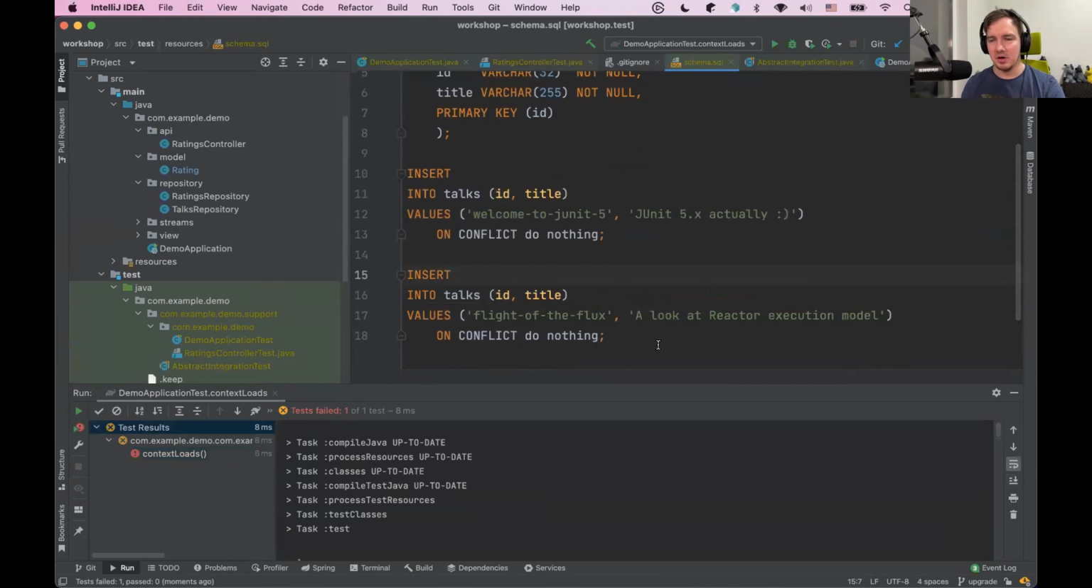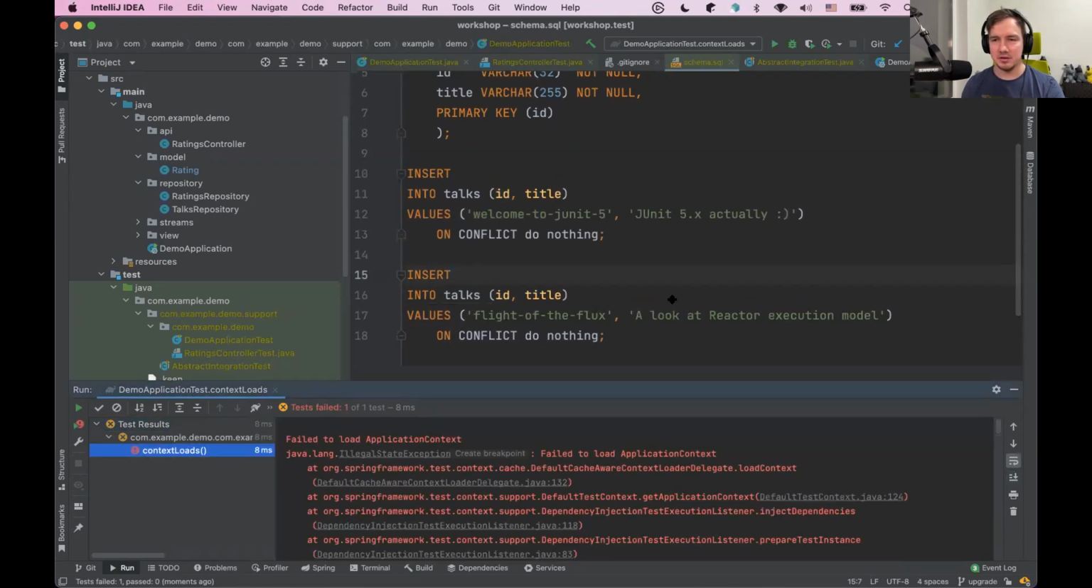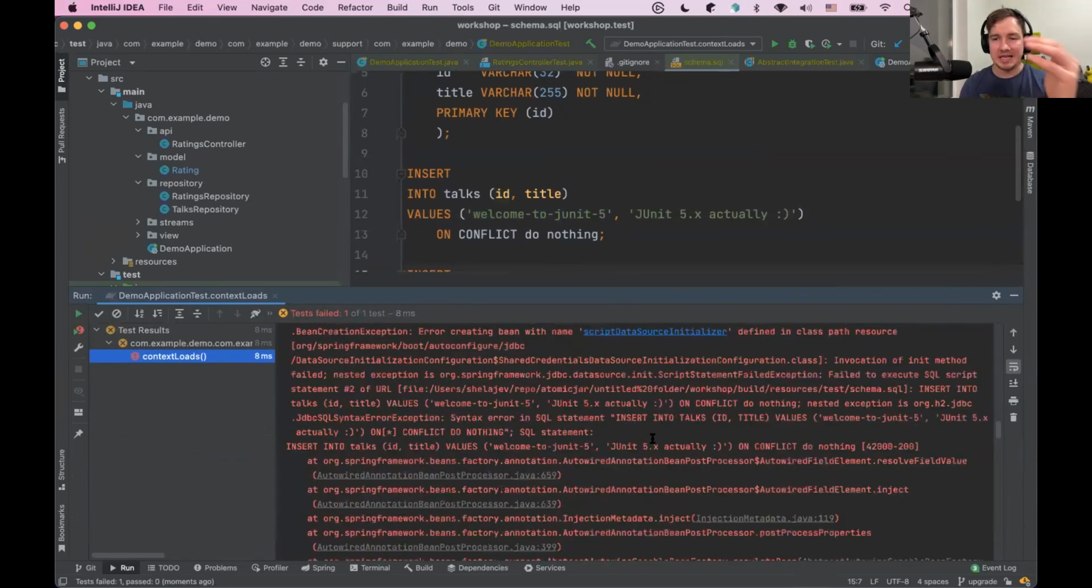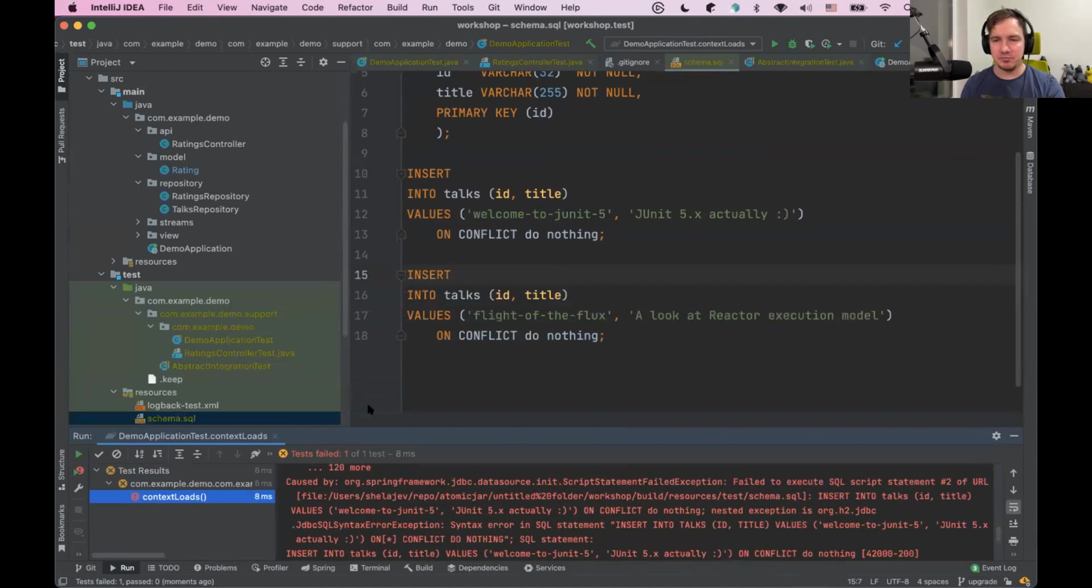It fails. It fails. If you don't know why it failed, this is very good, because normally I would not expect developers to know this,